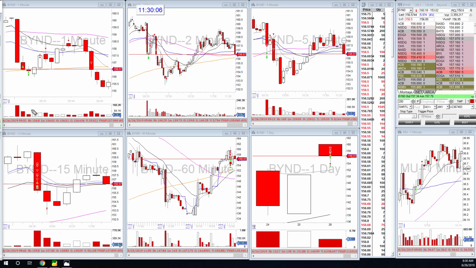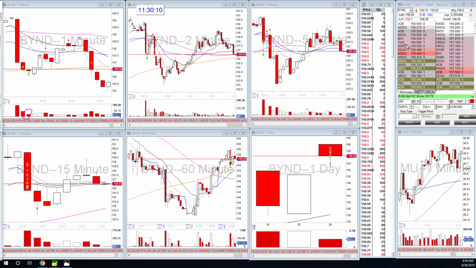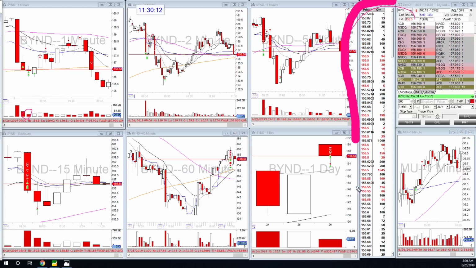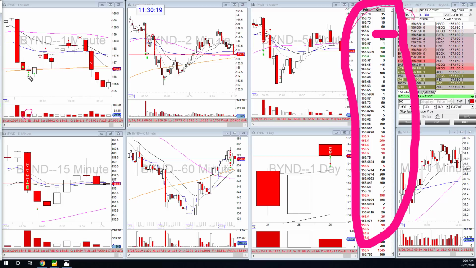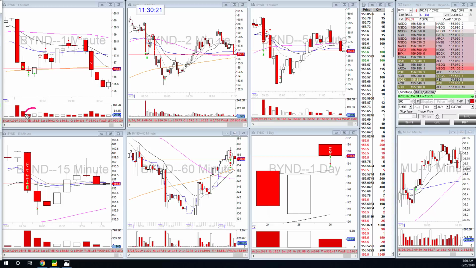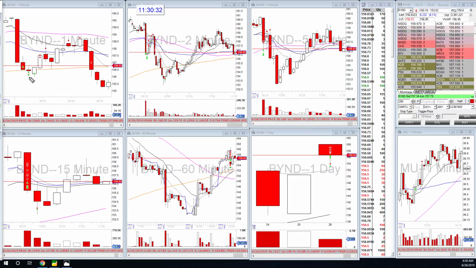Then I realized this volume was dying. The shorts were not pushing this down. Over here, you see how we're in the market live right now? You see how this is all black and red? There's no buyers. There, finally someone bought like 100 shares right there. But when I was seeing this, even though this volume was small, I started to see buyers coming in, and over here was flashing green, and this was still a gap up, and it was at support on all these time frames. And I was making this trade with a very tight stop on BYND, and my target was VWAP,